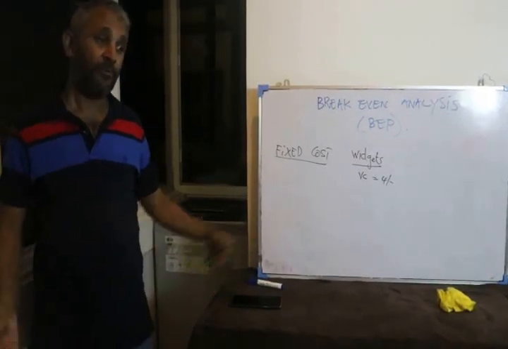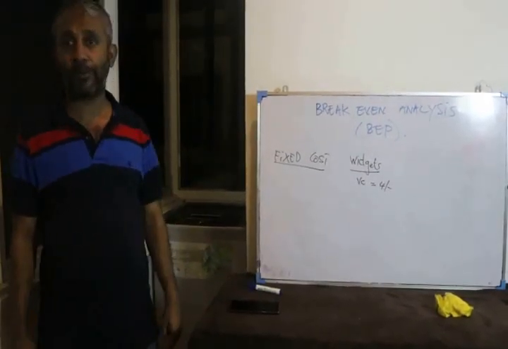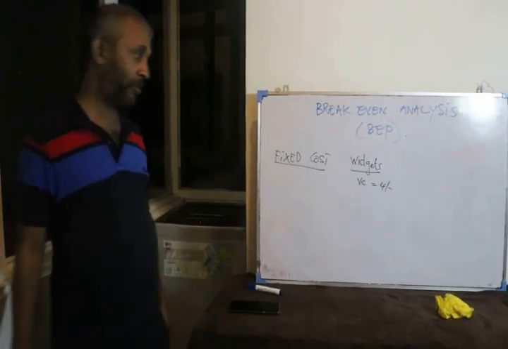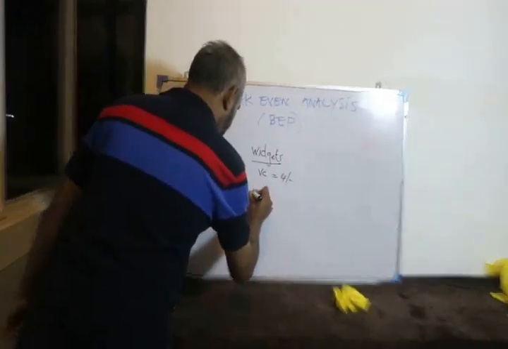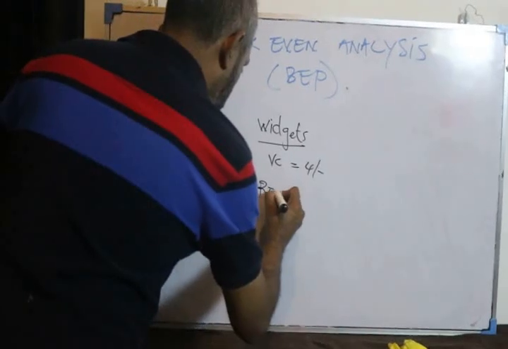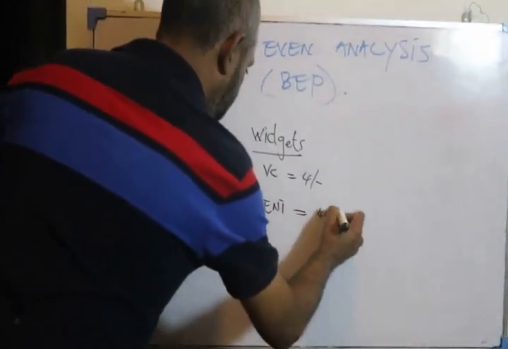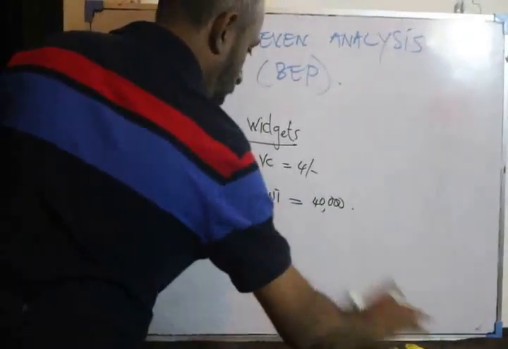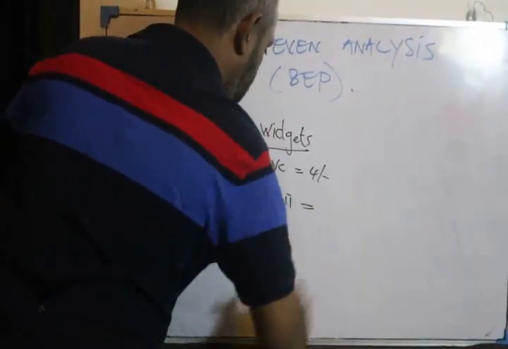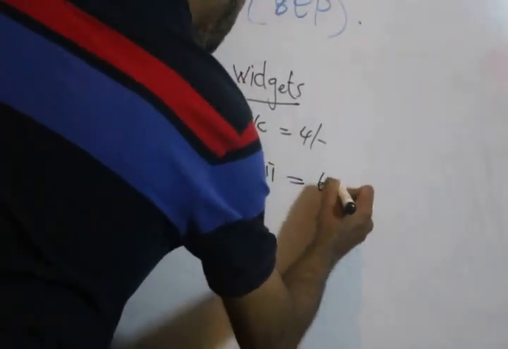The landlord will demand a given amount of rent. The landlord may say, regardless of everything, the rent you have to pay me is 40,000. Or let me make it a little bit simpler, 60,000